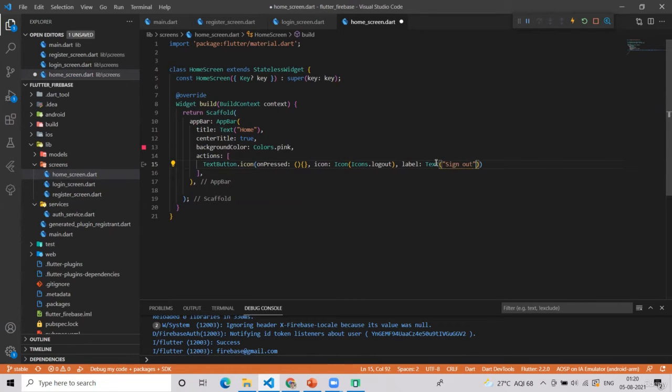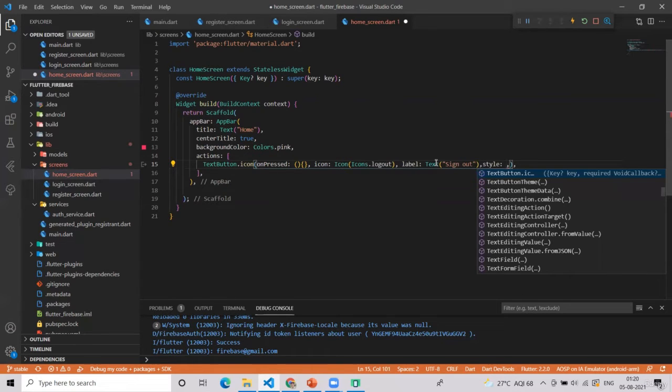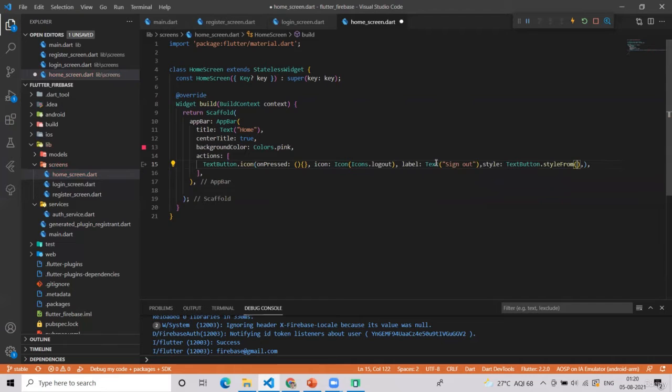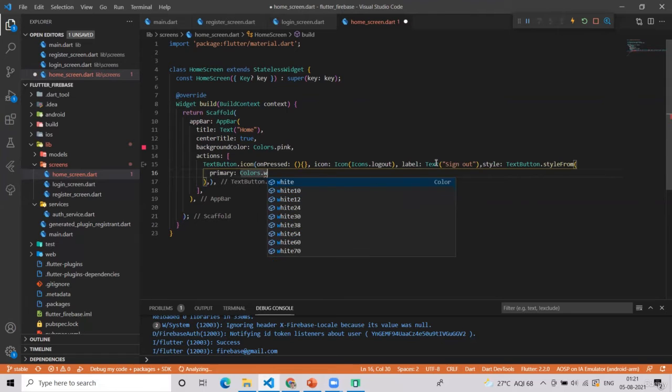Okay, and this button, I would like to give some styling as well, not the label, but the button itself. I will just say TextButton.styleFrom, and in the primary, I will give Colors.white.